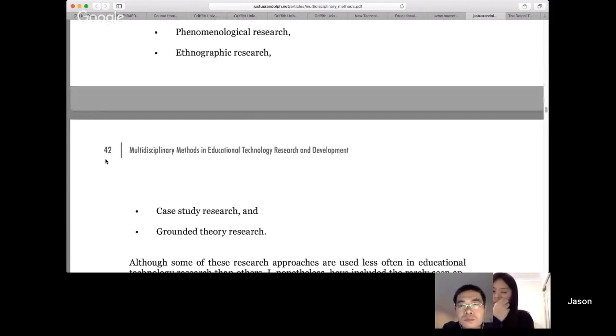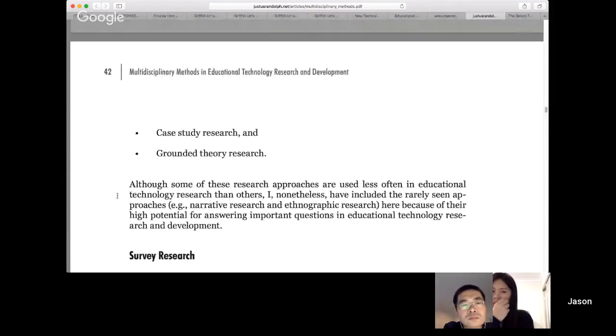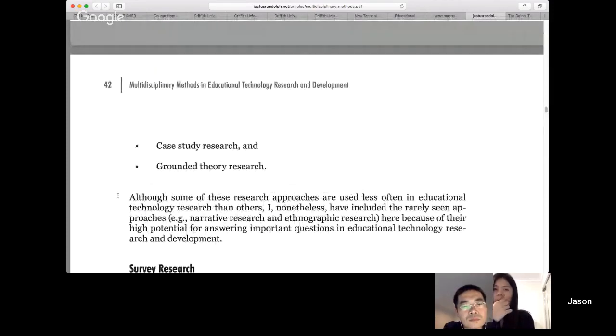There is one I haven't mentioned. Does anyone know the third main category of research? We've got qualitative and quantitative, and there's another one. Mixed. Very good. Yes, mixed methods. Probably the one that's done worst, because people think you can do whatever you want.